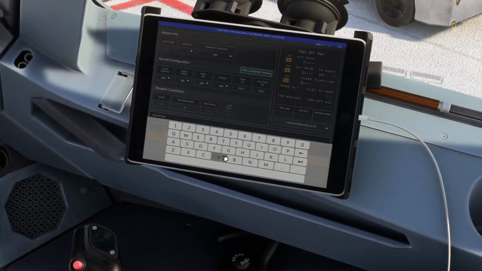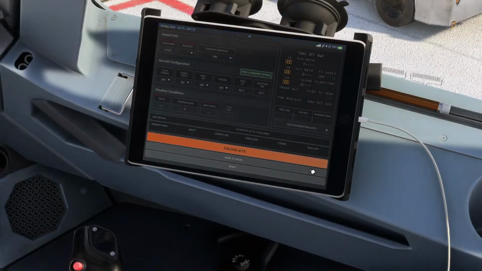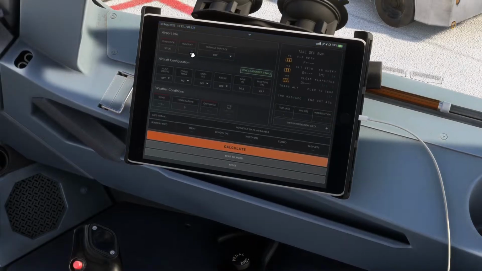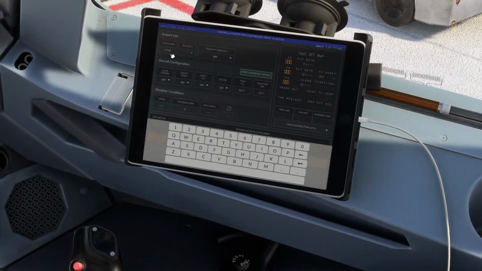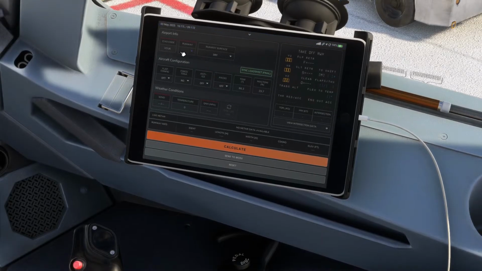Departure would be VTUK to VTBD. What happened to